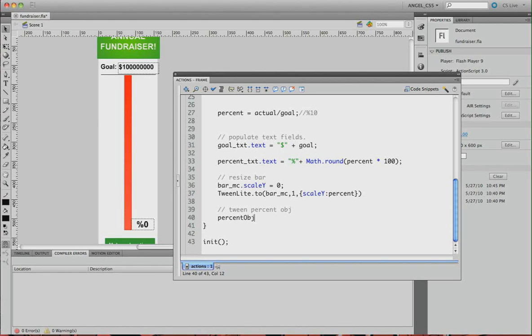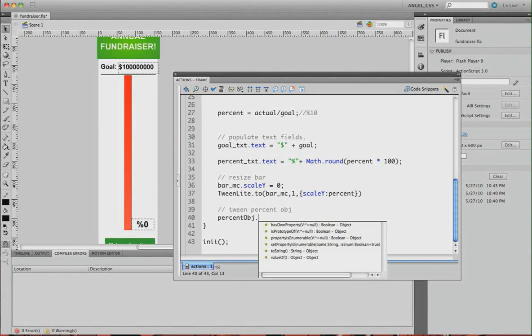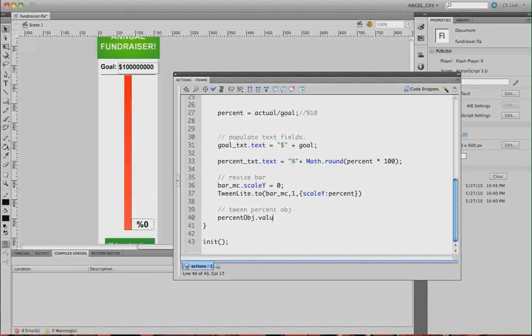Remember, I want it to start off at 0, because we're going to tween it up. Oh yeah, like I said, you can tween any value of any object with Tween Light. So we have to actually create a value for it. In this case, it's called val. It can be anything, num, whatever. percentObject.val equals 0 initially, and then I'm going to tween it to,